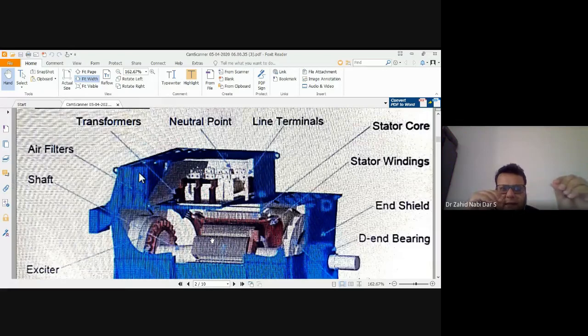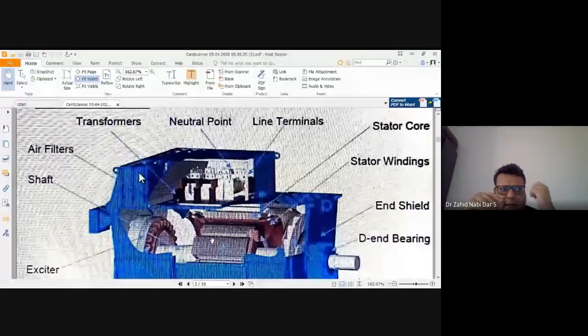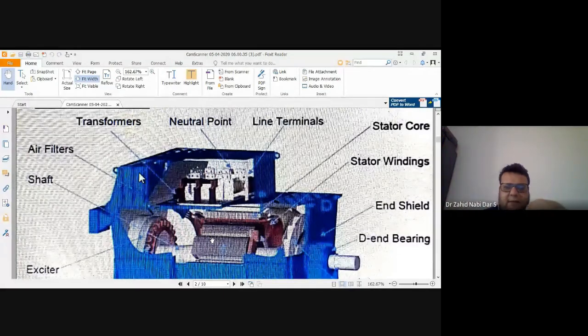Previously we have studied in the transformer, I have told you, that to reduce the eddy current loss, we minimize the surface area. When we minimize the surface area, a very minimum current will flow through that area. Similarly here also we are doing the same, so that the losses in the transmission line get reduced. So that is the reason you can see there is a transformer here, and this is the neutral point. As you can see, neutral always exists only for a star connection. In a delta connection, usually neutral is not there.